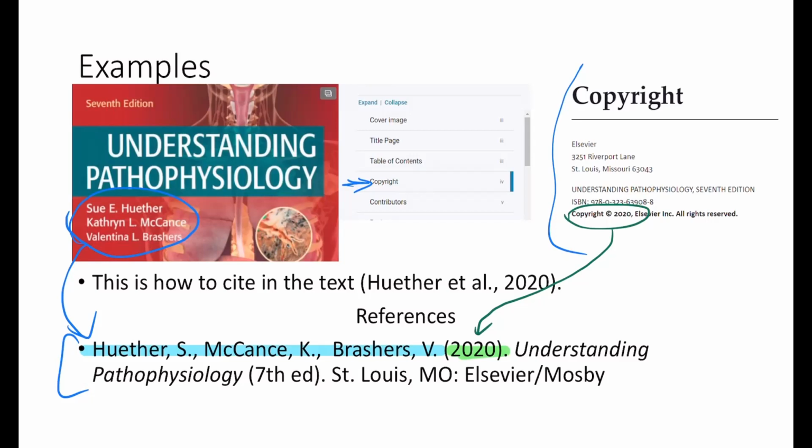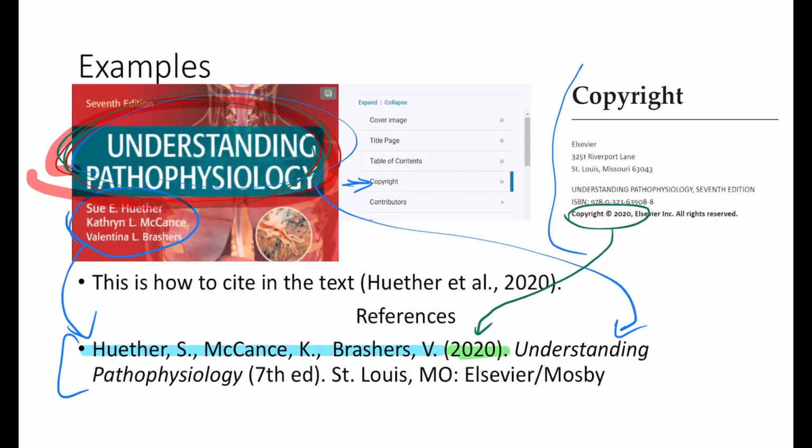Next thing, we're going to look at the title here. So we've got our title. Make that a little red, on red wasn't a great idea. So here's our title, and then the title you're going to put right after that. And if it's an edition, 7th edition, as you can see here, you're going to want to put that in there. So write the title. Now with books, the title is going to be in italics. So make sure that you put it that way.